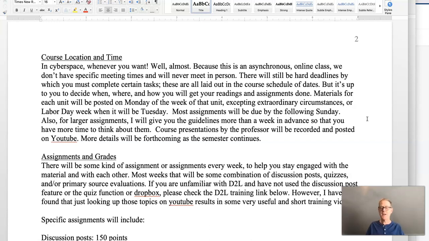They generally will not carry over to the next week. So this is online, and you have the flexibility to do it on your own time. You could do it at 3 in the morning, you could do it at 3 in the afternoon, you could do it whenever you'd like. But the work does have to be done on a week-by-week basis.